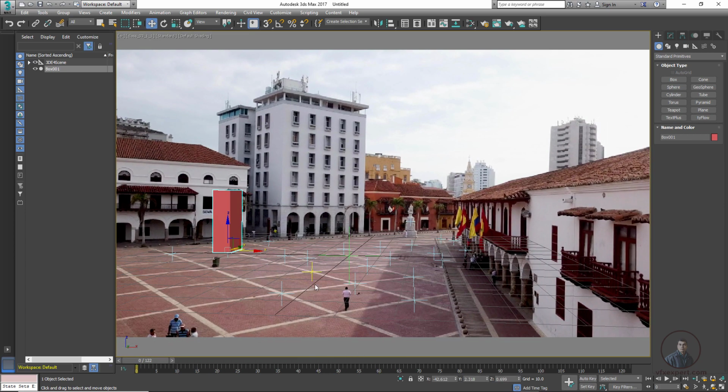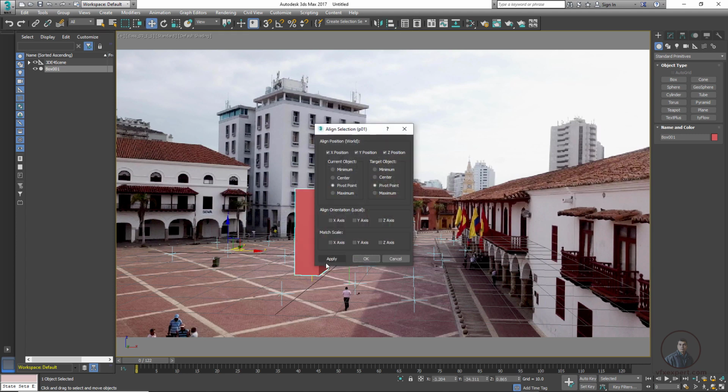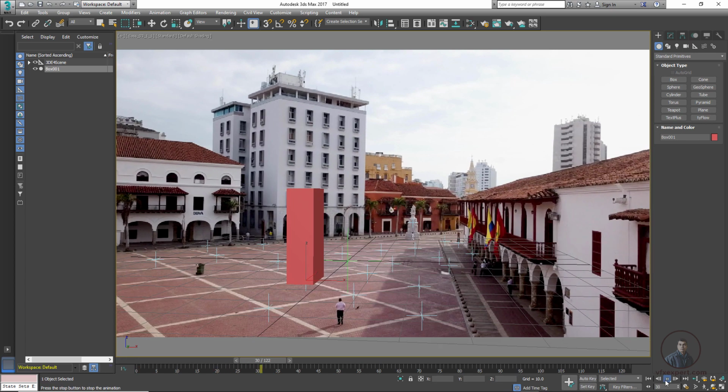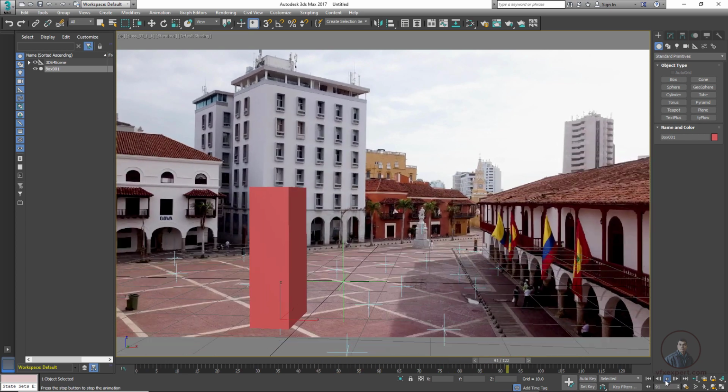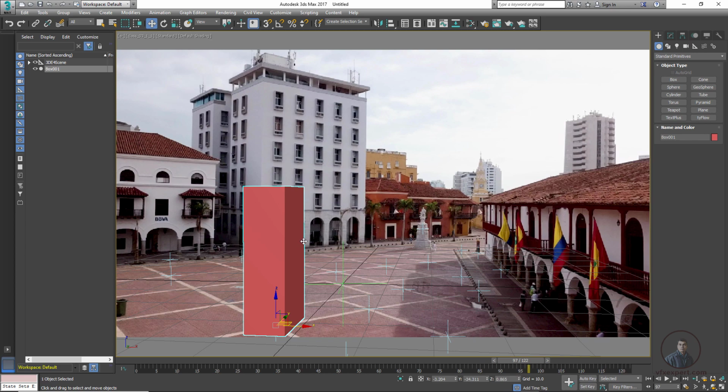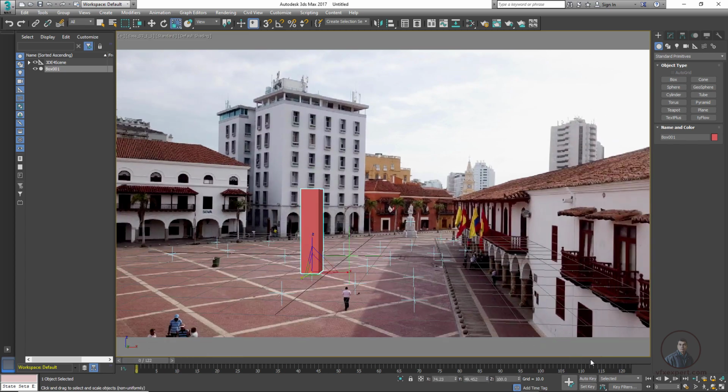So now suppose you want to place it, then again you can select your geometry and take this align tool, then pick and select this point. So this will automatically move this geometry here. Now simply play and check here. So now if you see, this geometry is placed into our scene here. And scale our object just a little bit. So simply select and take this scale tool, scale a little bit, then play and check.